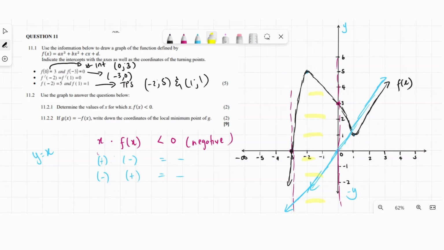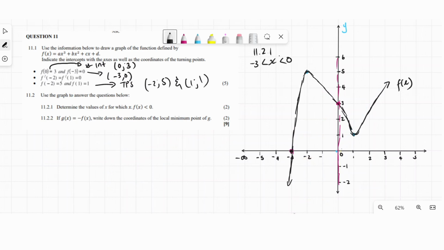But from 0 to positive infinity, we see that both graphs are on the positive side. So to answer our question, our x values are going to be between -3 and 0. And this will be your answer for 11.2.1. Then the last question, 11.2.2, says if g of x equals negative f of x,